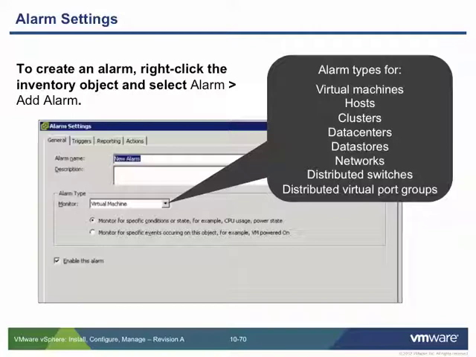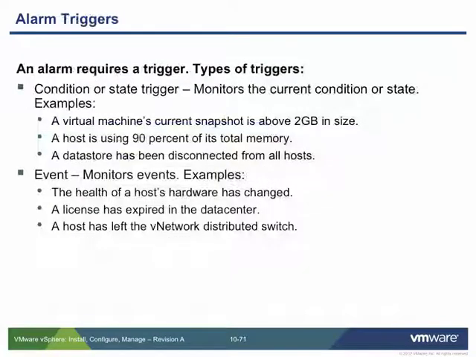Well, what are we actually looking at? And then the next option below that is, are we looking for conditions or states, or are we looking for events? We'll talk about what the differences are there. There are two types essentially. An alarm requires a trigger, so a trigger has to happen first, and then you set the alarm based on the trigger. And there are condition or state triggers, which can be CPU usage, RAM usage, a data store or a